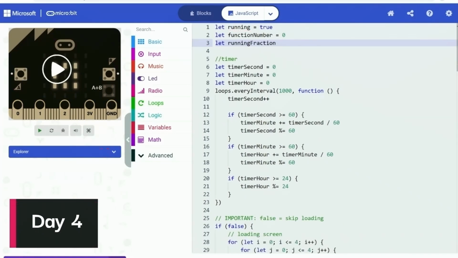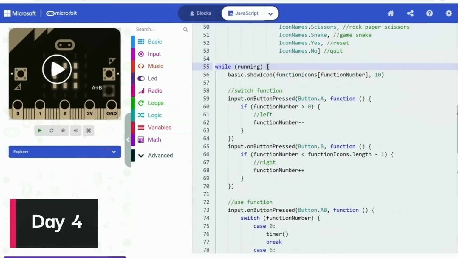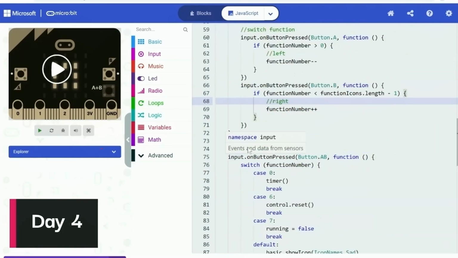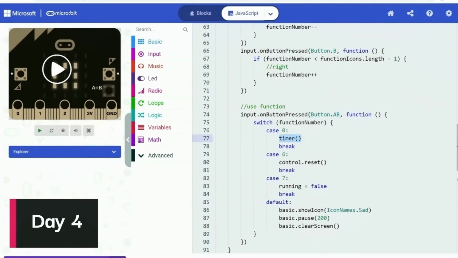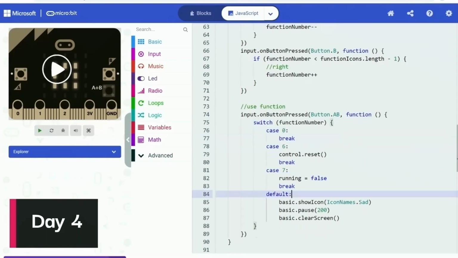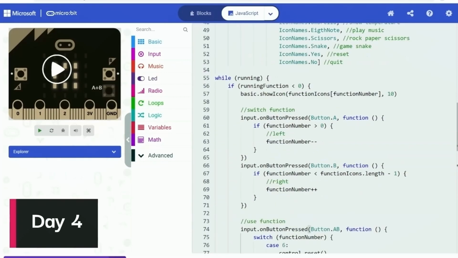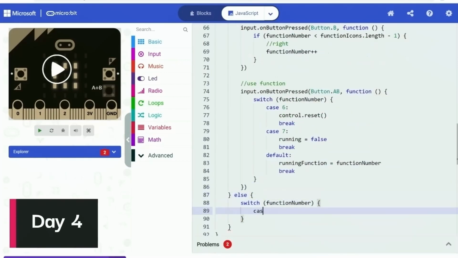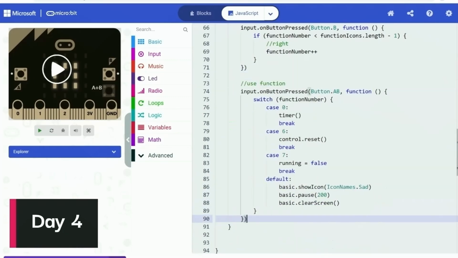So the next day, I brought up this solution of having a variable to store the running function number. If no function is running, such as if the user is on the home page, the variable will be set to -1. I only needed to check that variable and either run a function or display the home page based on whether the variable is less than 0. Thus the home page and the functions themselves will not interrupt each other when one of them is running. I also cleaned up the code and rewrote the control system for running different functions.